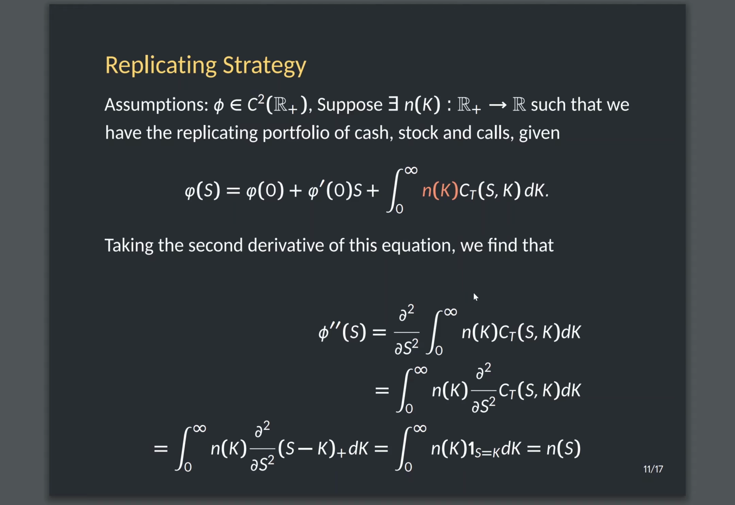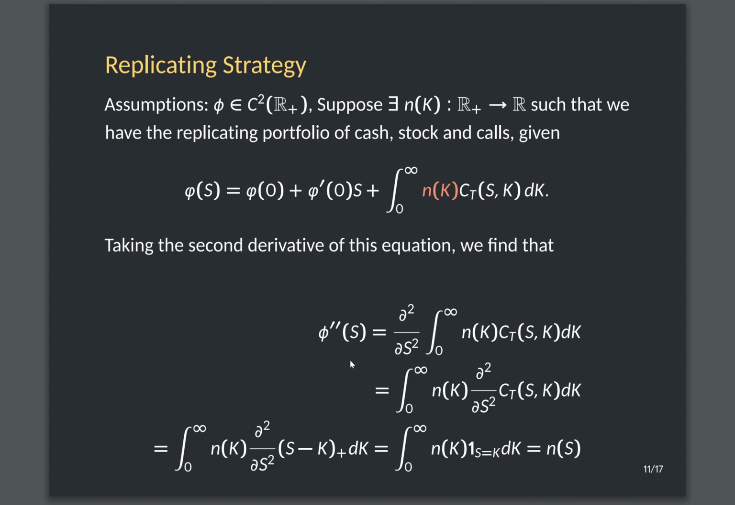To see this, let's figure out what our call position size function n must be. Taking the second derivative of the payoff of a call option, we see that we assumed of this form earlier, and using the fact that the second derivative of the payoff of a call is the Dirac delta function at S_T equals k, we get that the function n must actually be equal